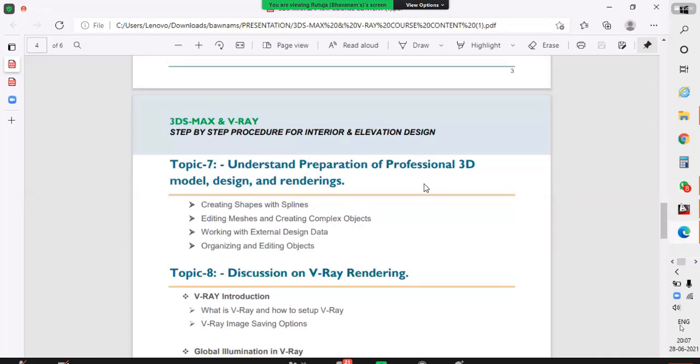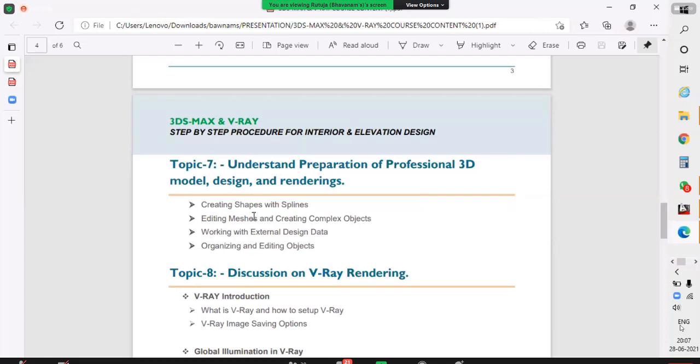Okay, so then we will design topic number 7, which covers 3D model, design and rendering. Okay, we will prepare in that how to get a 3D model, then design the model and the rendering, creating shapes and spin lines, sorry. So what are spin lines? Create lines, and then from lines we will create one object. Okay, so how can we do it?